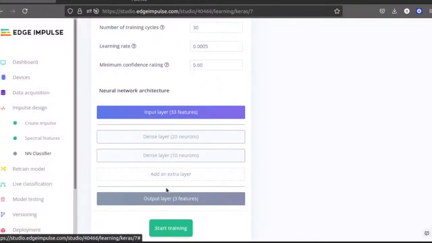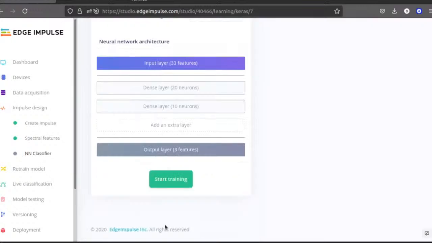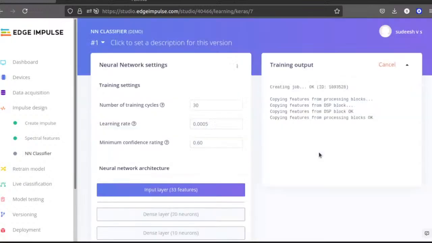Currently I'm not changing anything. If you are doing it yourself, you can experiment on this network architecture. I'm leaving the default, so I'm going to start the training.